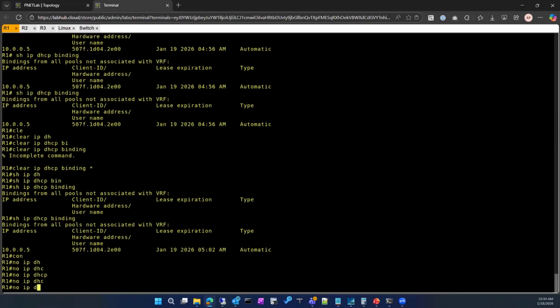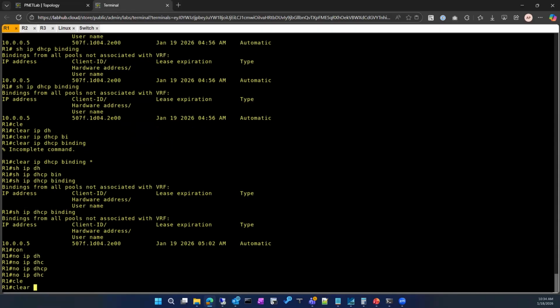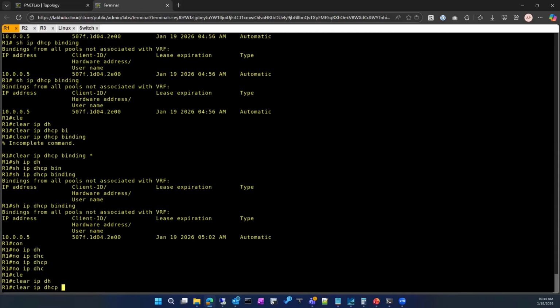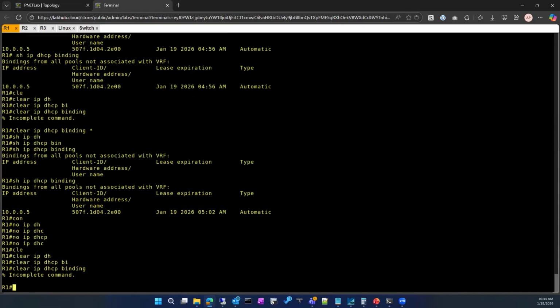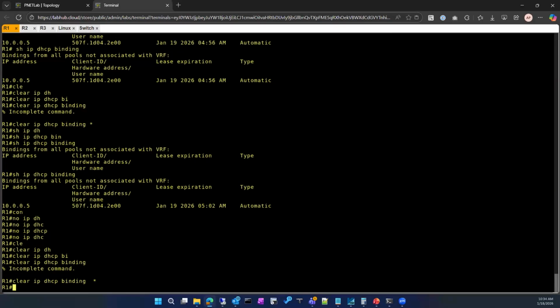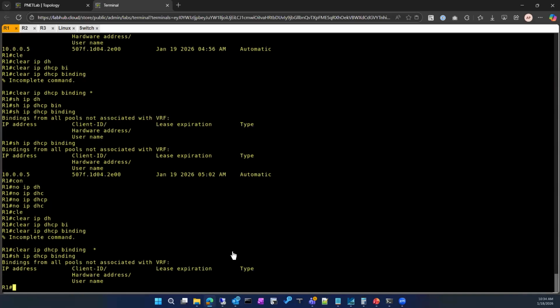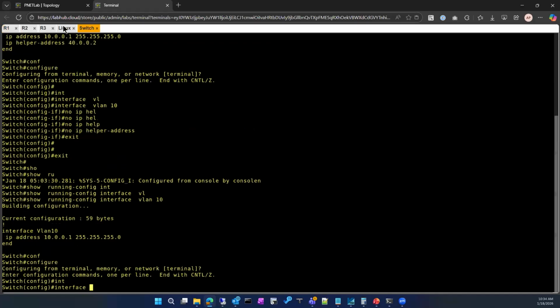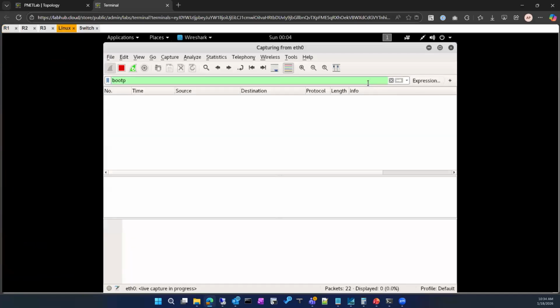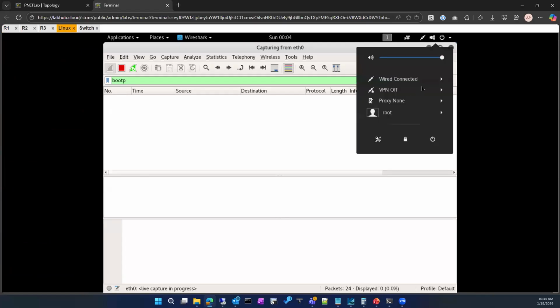Clear IP DHCP binding. Twenty-two packets, but